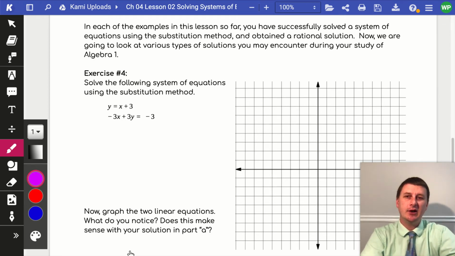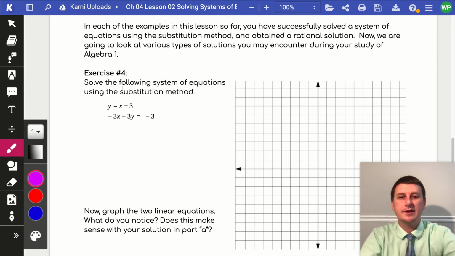And in this video, we're going to continue on with our final two exercises in Lesson 2 on solving systems of equations by substitution. And it says up top, in each of the examples in this lesson so far, you have successfully solved a system of equations using the substitution method and obtained a rational solution. Now we are going to look at various types of solutions you may also encounter during your study of Algebra 1. So let's take a look at exercise number 4, where it says solve the following system of equations using